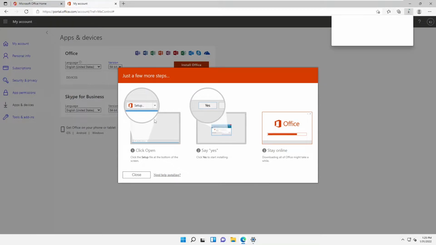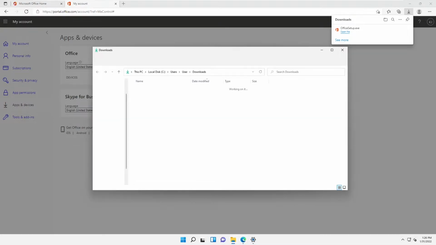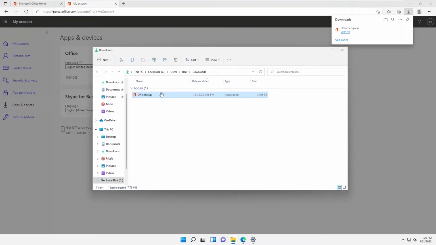Here you can see it will try to download the set of files we need to complete our installation. After the files have downloaded, which goes very fast, we can start the installation. So let me open the location where the file is downloaded, that's my download folder. By opening my download folder, here you can see we have the Office setup. So if I double click on it,